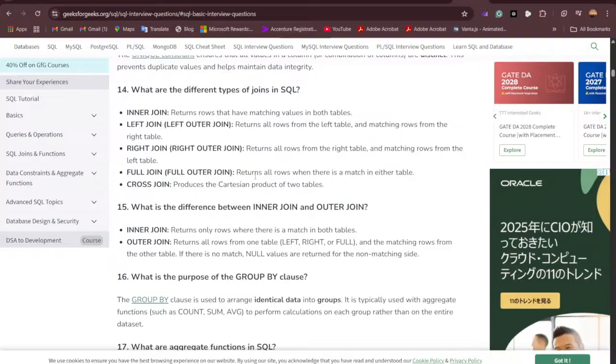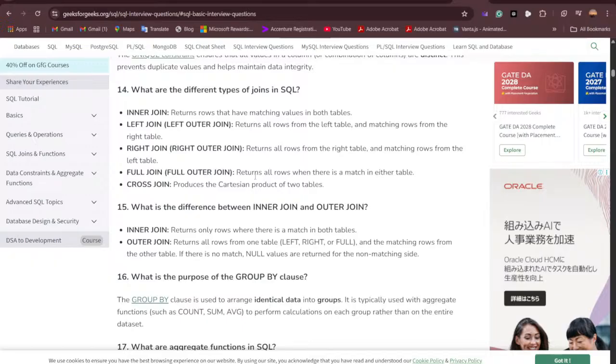A full join returns all rows when there is a match in either table. मतलब, returns all rows when there is a match in either table। मतलब